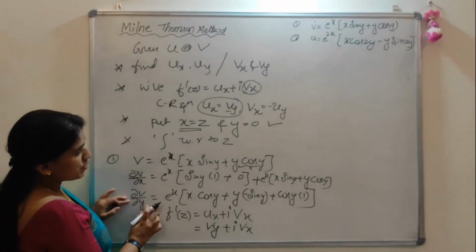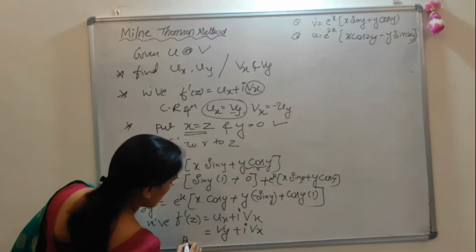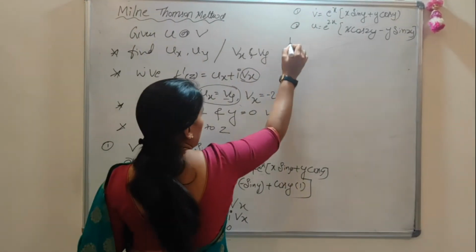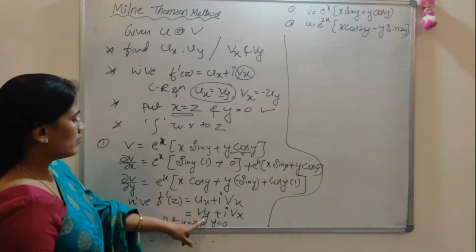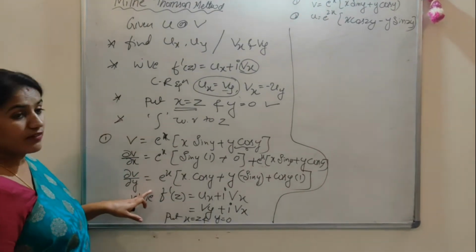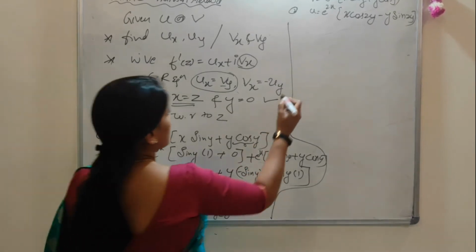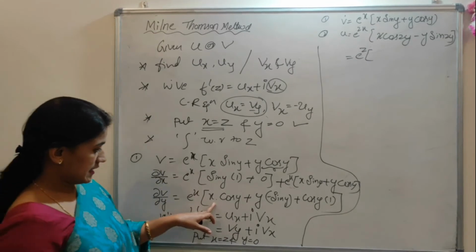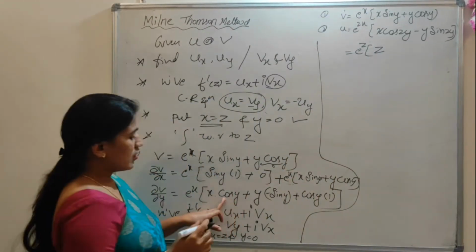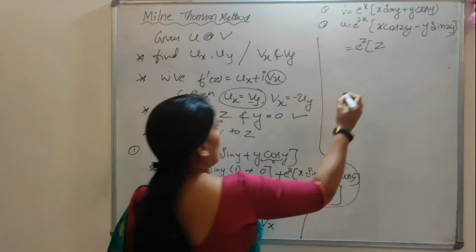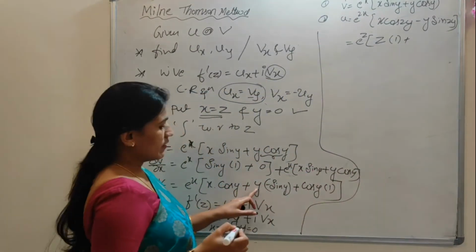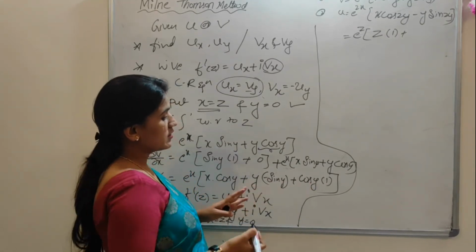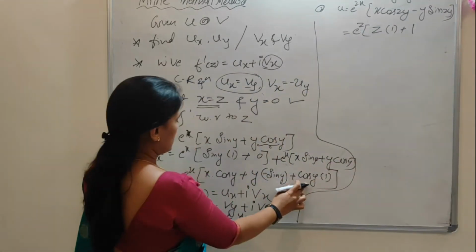What I will do, I will just take the Milne-Thomson substitution directly. So, vy is, this is the expression here. Here I will substitute the Milne-Thomson substitution, that is, put x is equal to z and y is equal to 0. Okay. So, see here vy, this is the term. Here put x is equal to z, means e power z of x is z into cos y is 0. Cos 0 is 1 plus y sin 0 is 0, same way y is also 0. So again cos 0, cos 0 is 1. Is it clear? Cos 0 is 1.